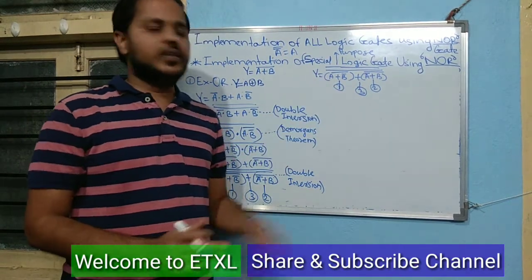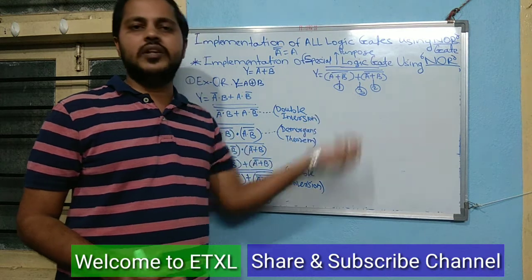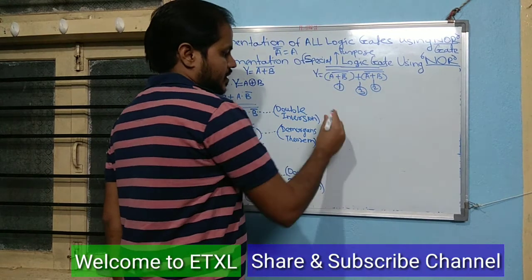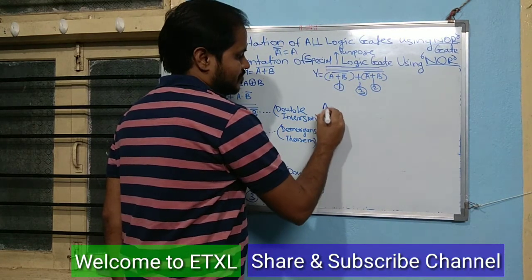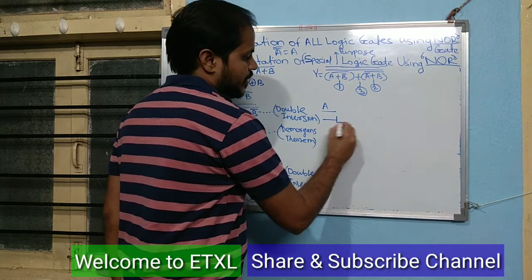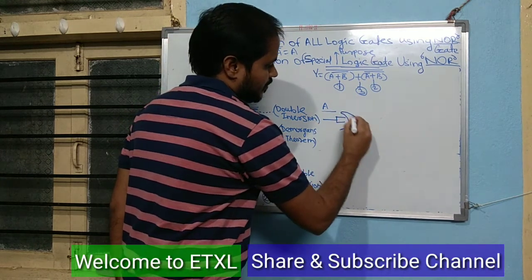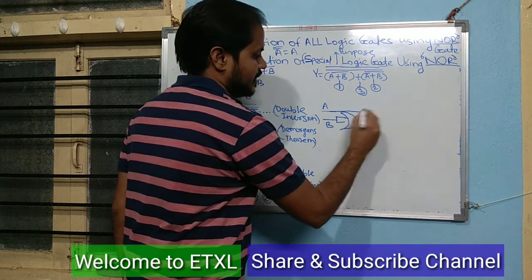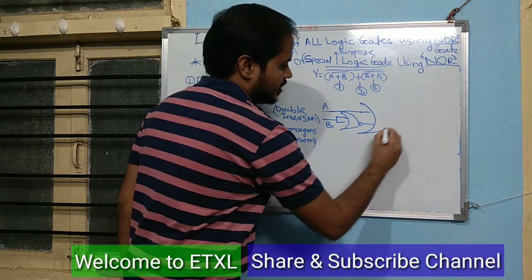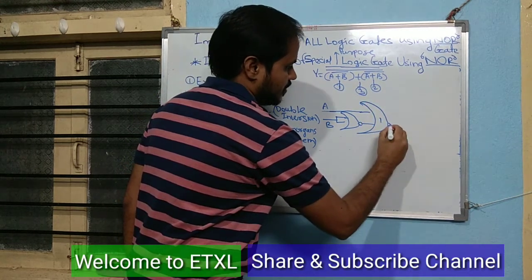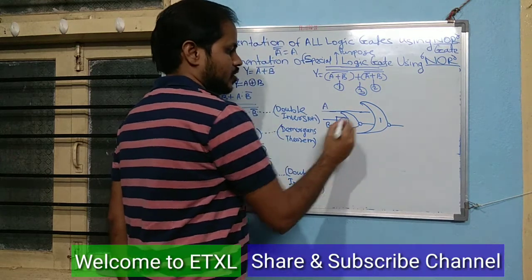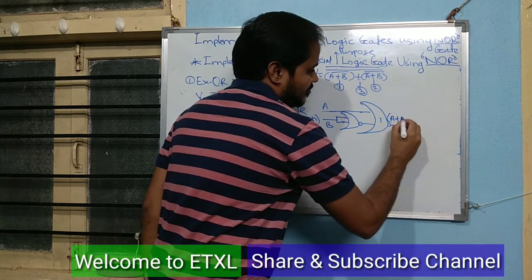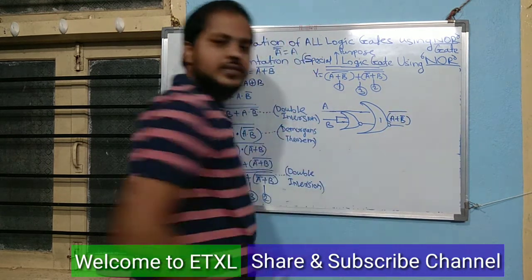Now it is time to design the logical diagram for these equations of the XOR logic gate. First is A plus B bar, meaning the A input is as it is, then make the short connections of the B input. B is the input. Take the A input as it is, and apply the first NOR gate here. Here are the short connections. Here is the output, A plus B bar, whole of this bar.